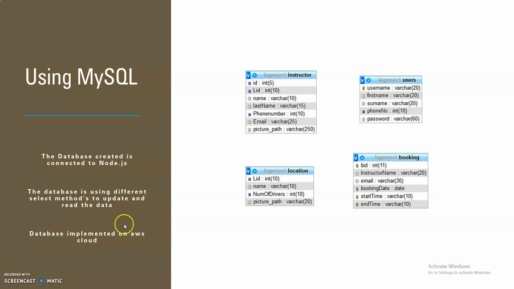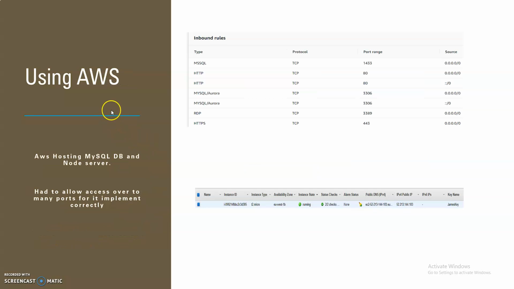All of the server and the database are deployed on AWS. So firstly, I set up the inbound rules for the port numbers so that I can access it from the database and from our API.service, and grant all access in the MySQL and the WAMP server to allow all the access for this to happen. I had used AWS before in a database module, so I had a fair idea how to go about it, and